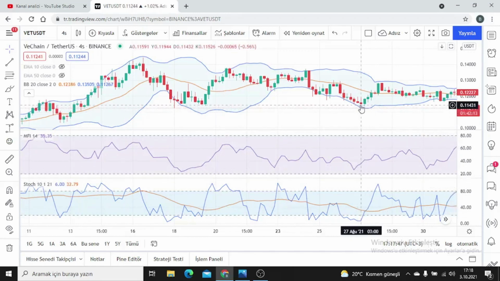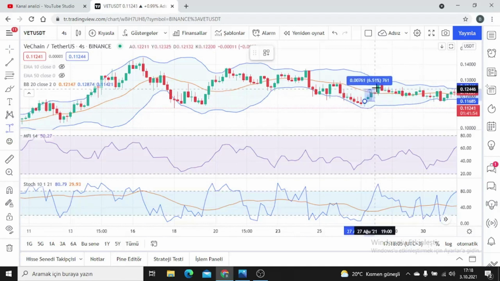When the D line and the K line cross upwards, our MFI indicator already tells us that there are buyers. It confirms this. When we look at it, we confirm that the Bollinger Band gives a buy signal from the lower side, as the candles are already in the lower channel. What are we doing, guys? When it intersects here, this candle also intersects, we re-enter from here.